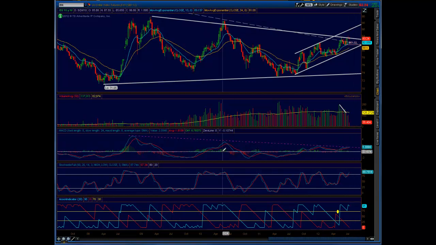We haven't broken above this downtrend line from the MACD moving averages, and to me that just shows there's a weakness out of this last move that we've had